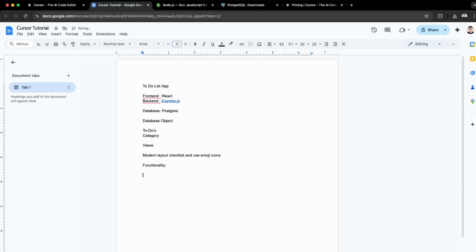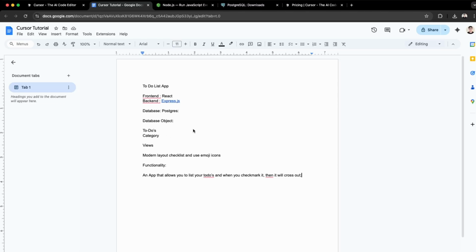Okay, so it'll just be, say, an app that allows you to list your to-dos, and when you checkmark it, then it will cross out. Okay, so we can just feed this to the AI and just make it more organized, and